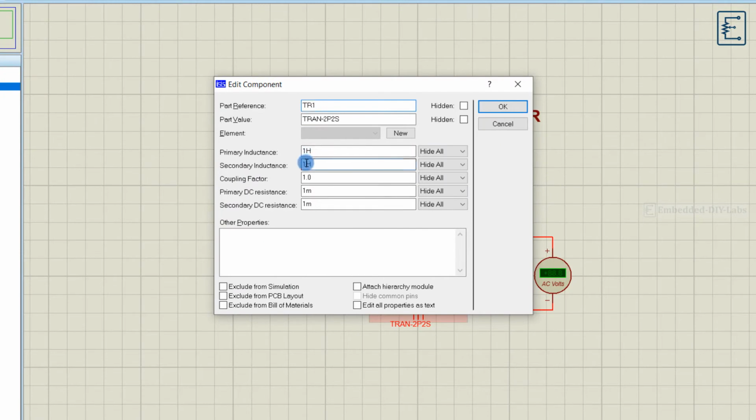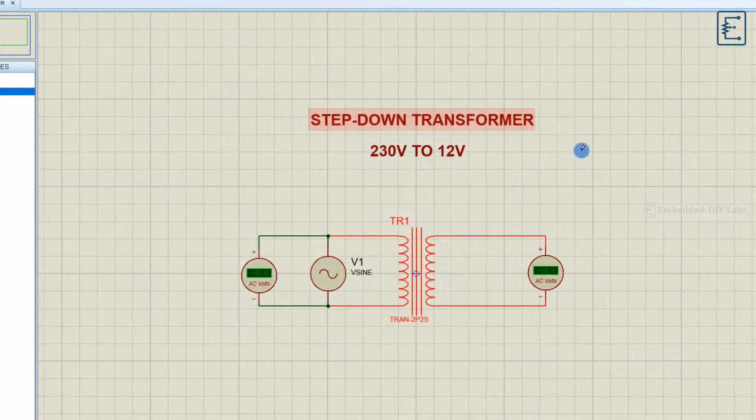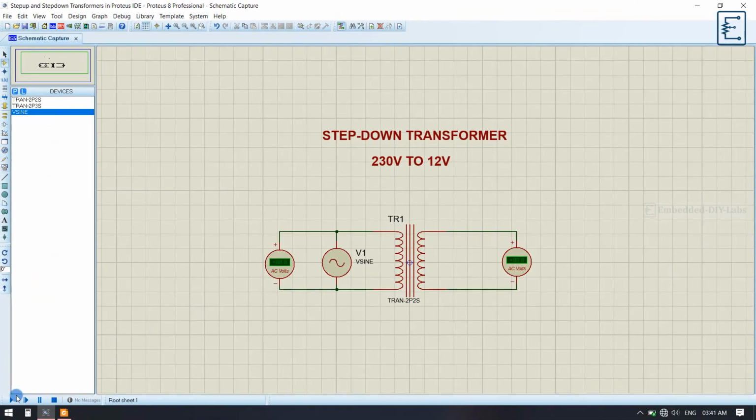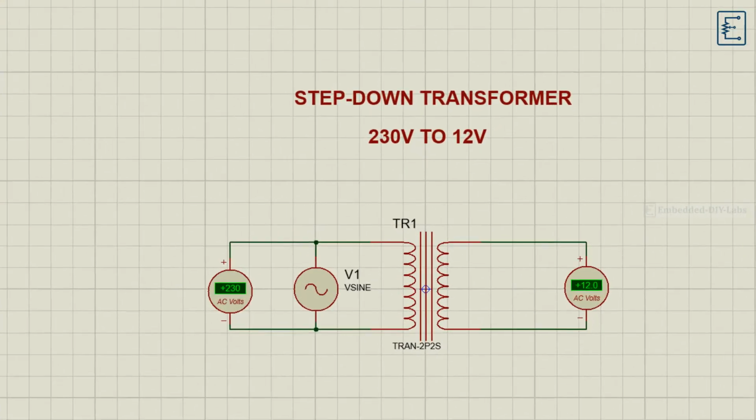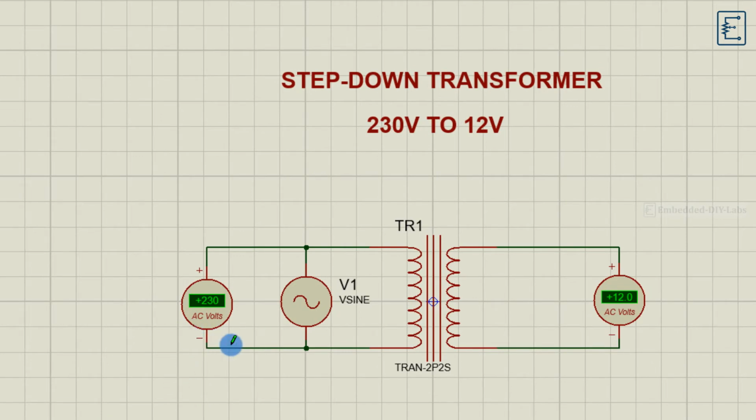So I enter the secondary inductance as 0.002722 Henry. Then click on OK. Now run the simulation. Now you will see that 230 volt is stepped down to a 12 volt output.